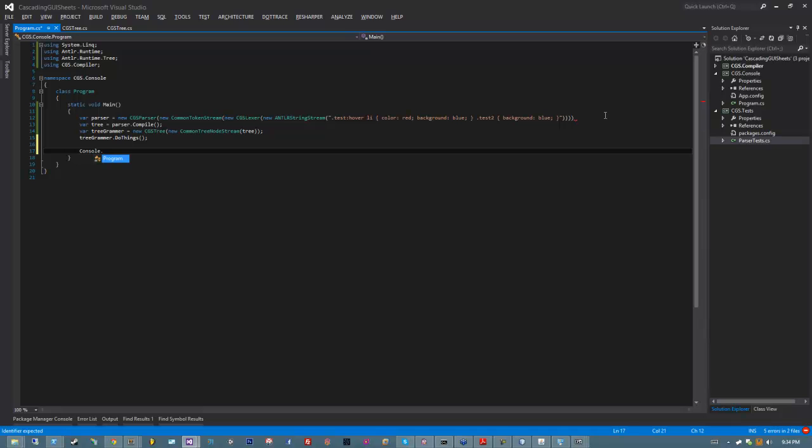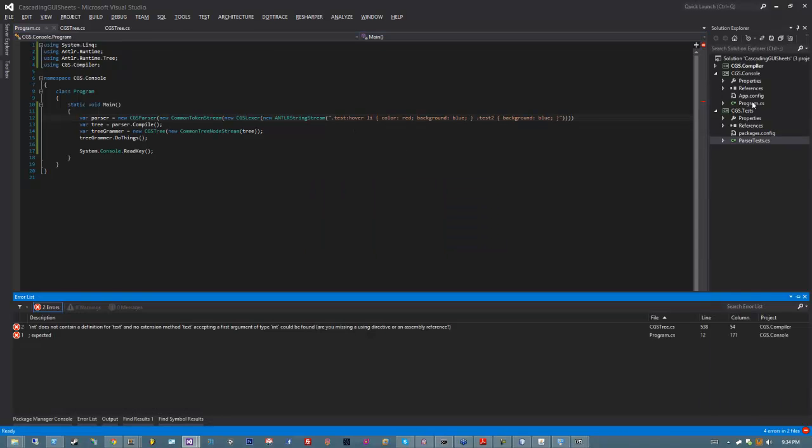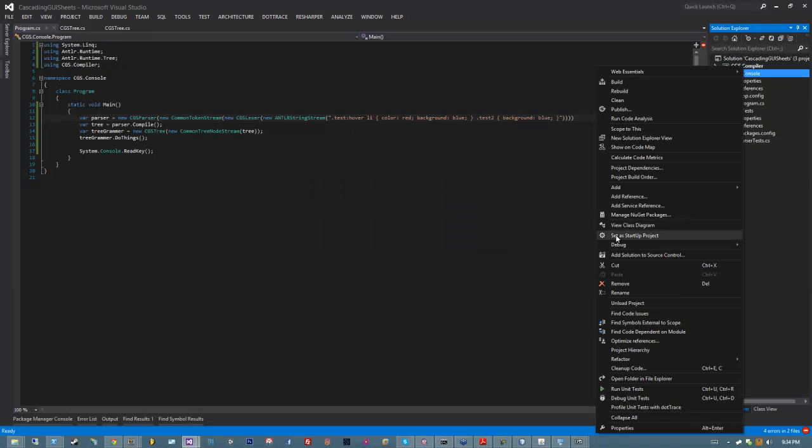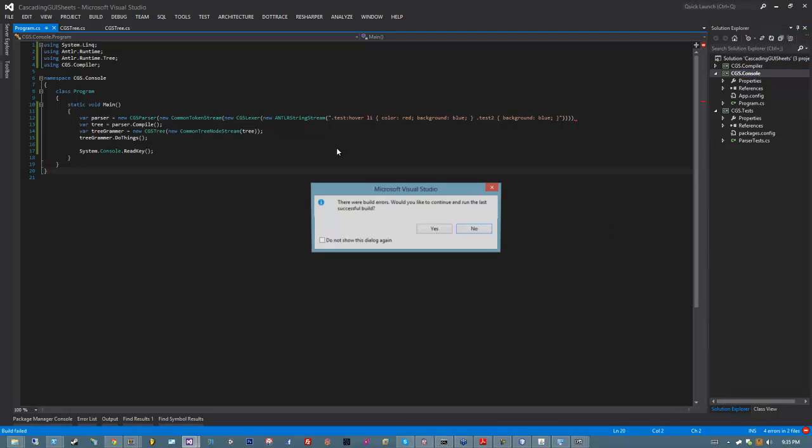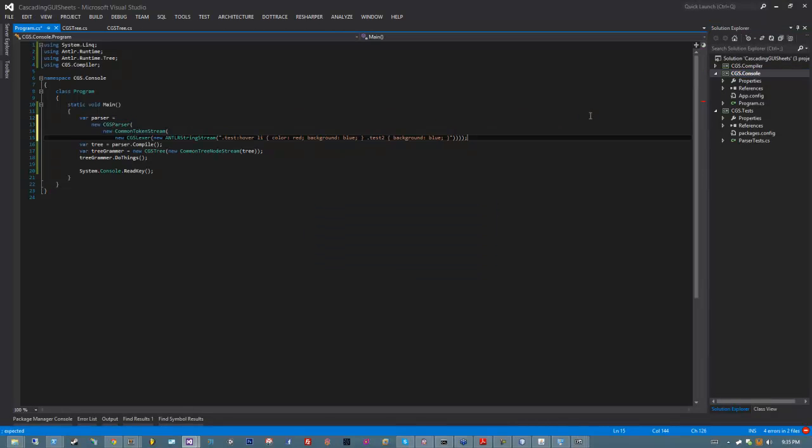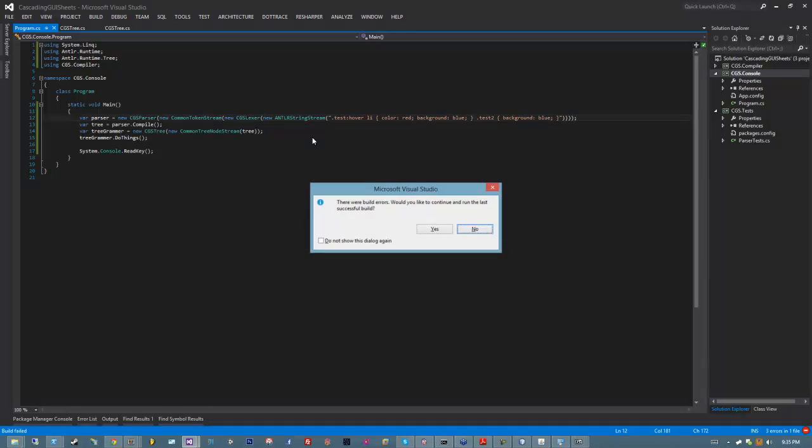Oh, namespace collision. System.Console.ReadKey. Now when I hit run, I get an error because I didn't tell my console to be the startup project. Now when I hit run, I'll get another error because I'm missing a semicolon. Now when I run,